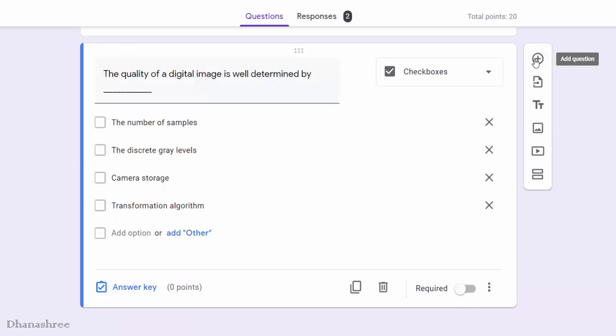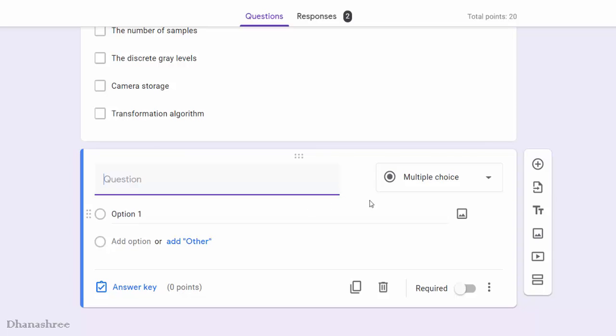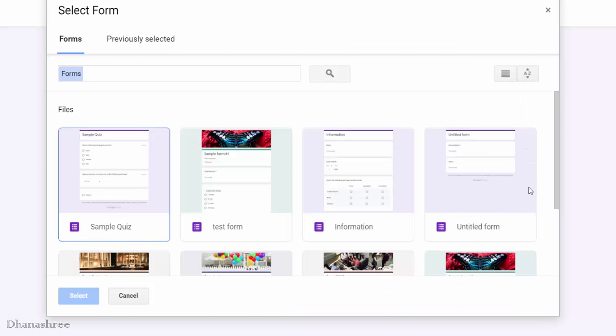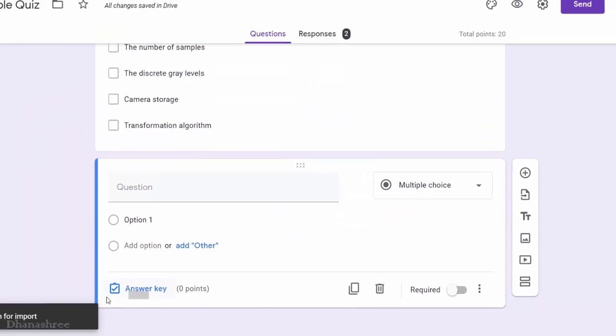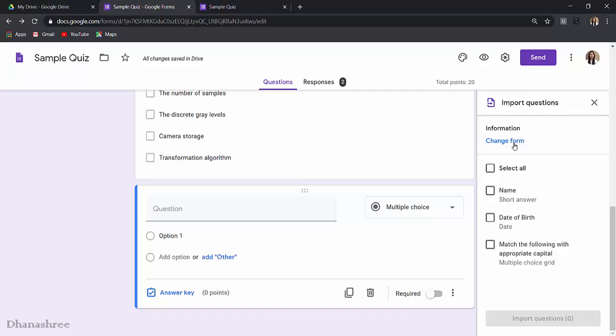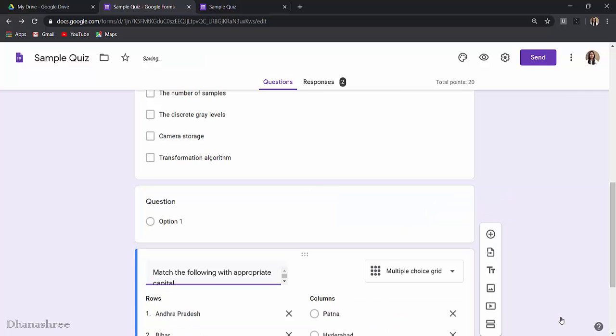Let's see one more way. We can also import the question from some other Google form. For that, just go to import question and select the form from which you want to fetch the question and say select. So this is a list of question and I want to select this question and say import.